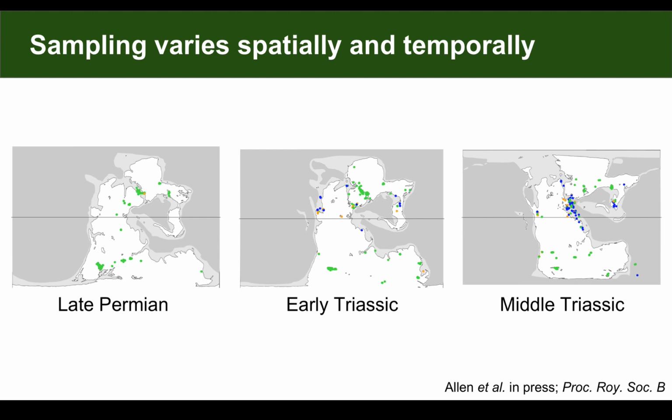Here we're looking at the fossil record of tetrapods, going from the late Permian on the left to the middle Triassic on the right. You'll appreciate, just looking at this quickly, that the coloured dots that represent our samples aren't continuously from the same spaces, and the total number of dots in each time window is very different in terms of its total count. Because of this, it creates a sort of complexity to what we're doing. We might not be able to sample a region we particularly want to, or a time bin that we particularly want to, and that can affect whatever it is we want to infer from that data.